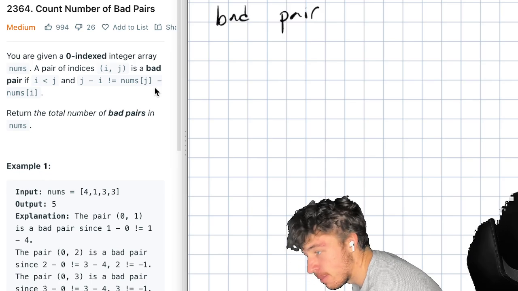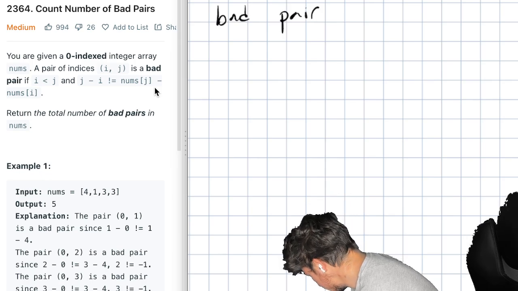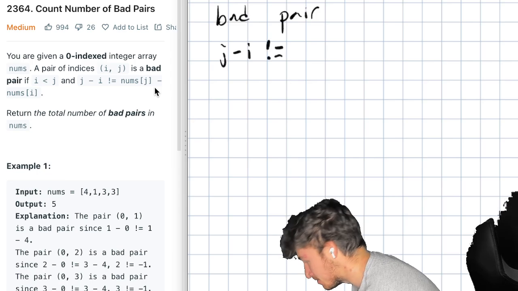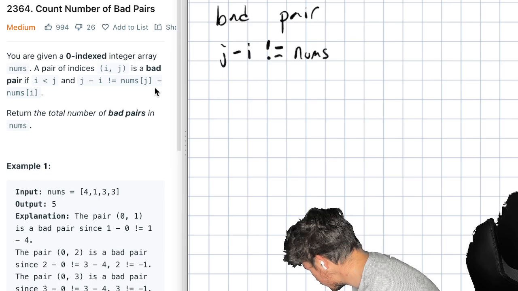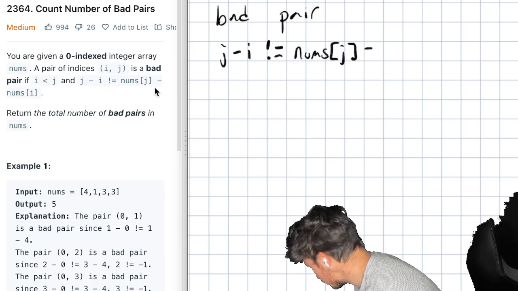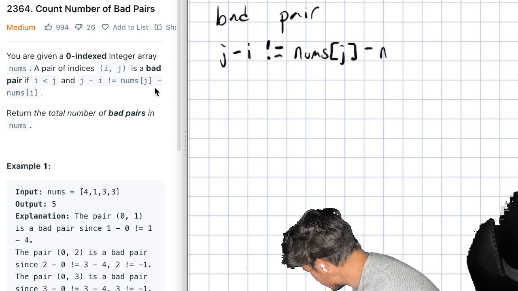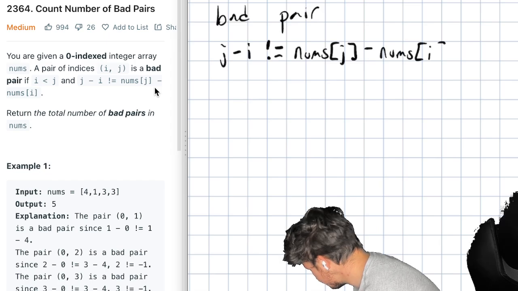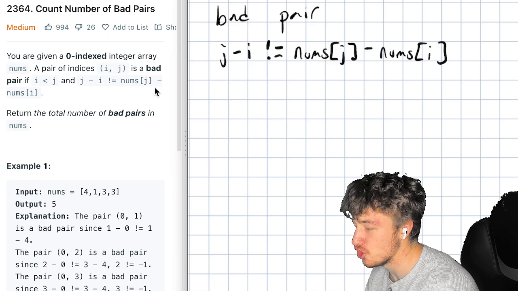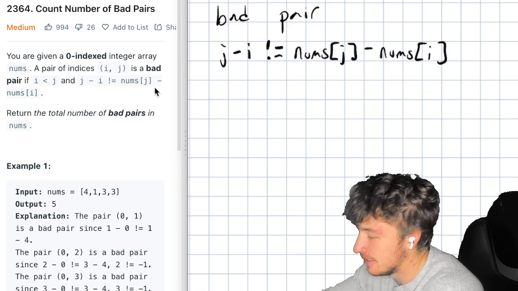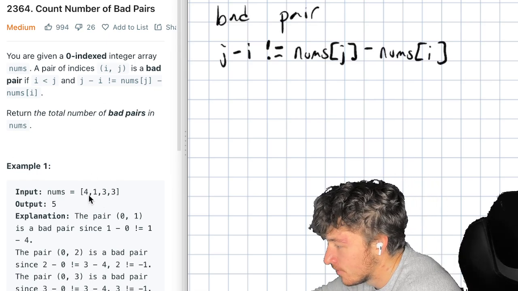if j minus i is not equal to nums of j minus nums of i. Now we want to return the total number of bad pairs in nums. Okay, so in this example,